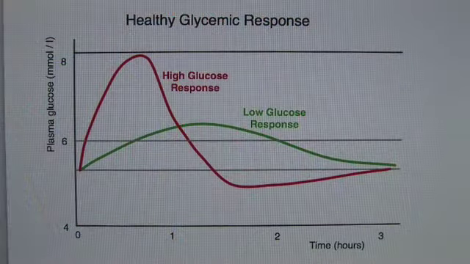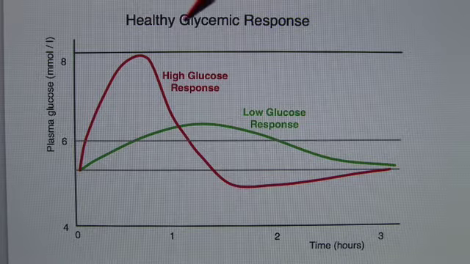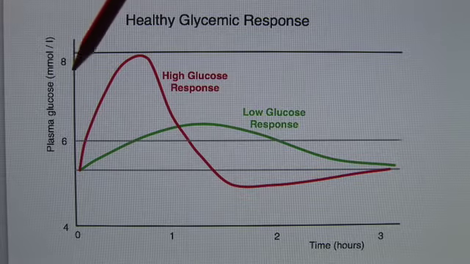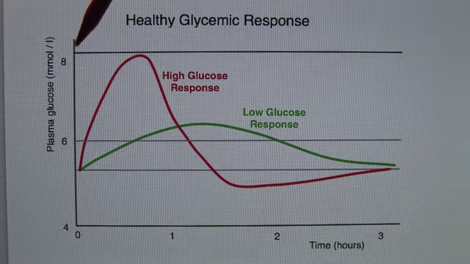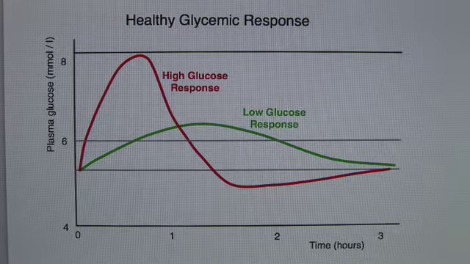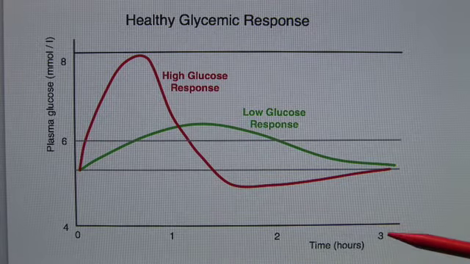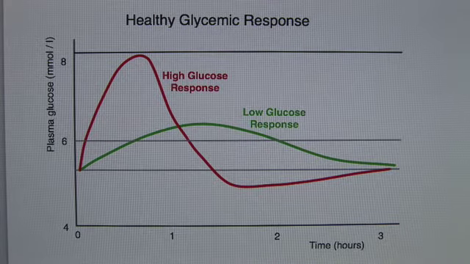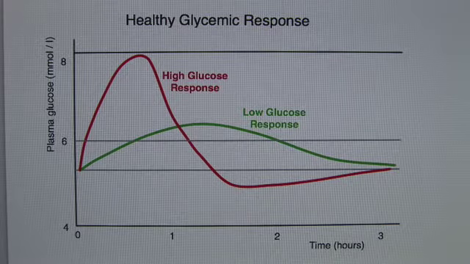So let's have a look at the body's response to good and bad carbohydrates. This graph shows the healthy glycemic or blood sugar response to good and bad carbs. On the vertical axis, we have the amount of blood sugar. On the horizontal axis, the time in hours after eating a certain food with carbohydrates in it. The green curve,